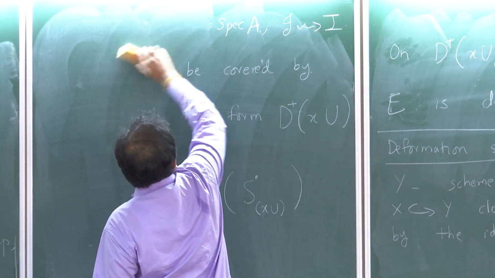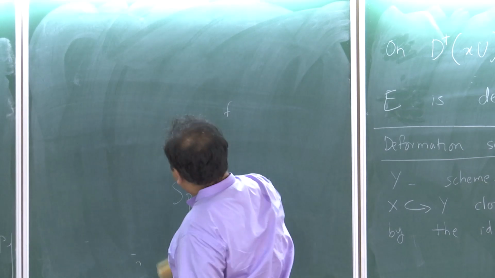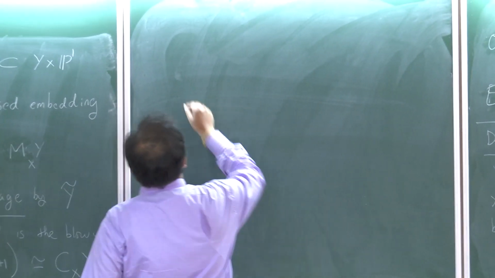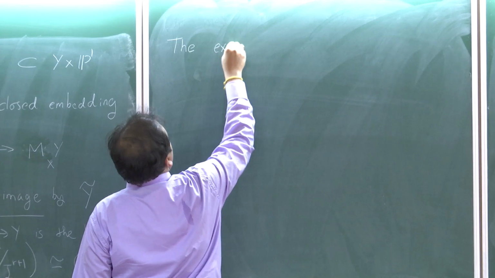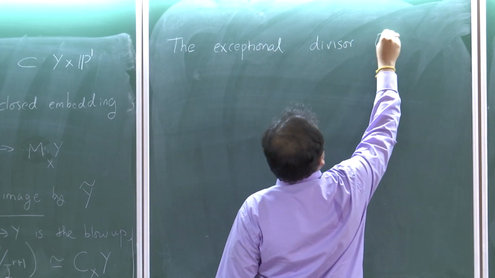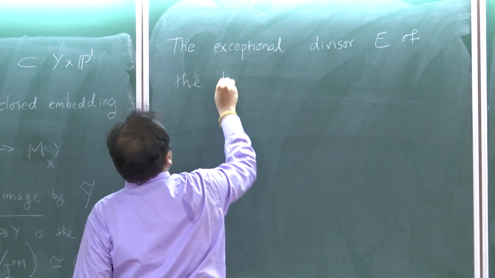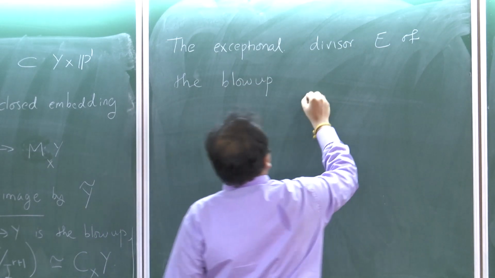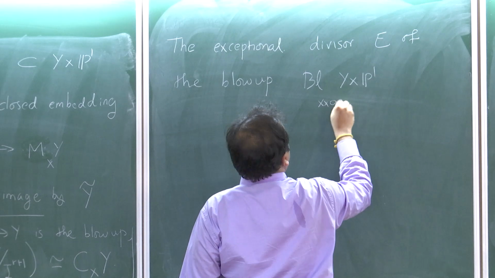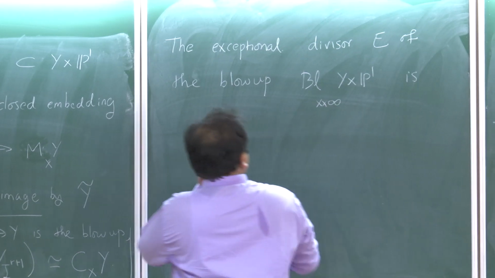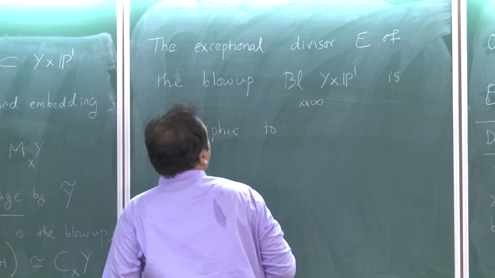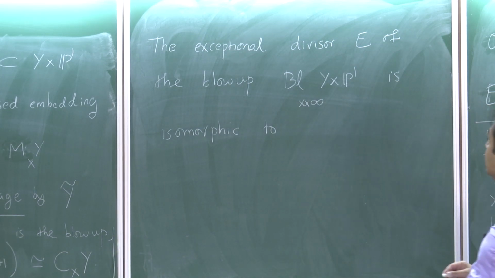So, returning to my notation over here, the exceptional divisor is isomorphic to what? So it is the